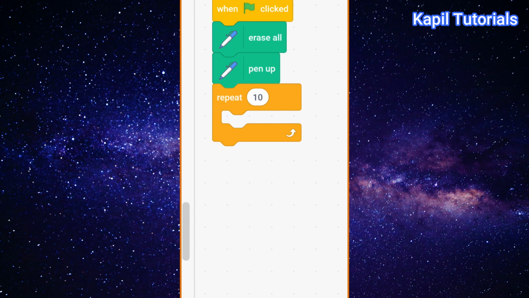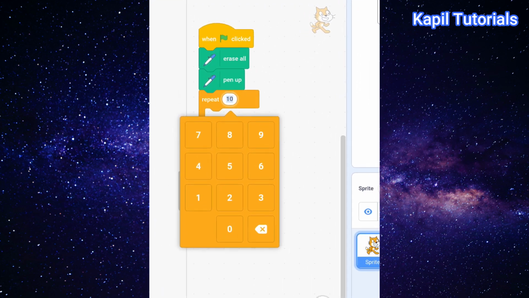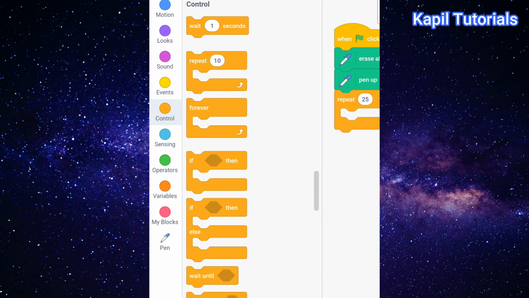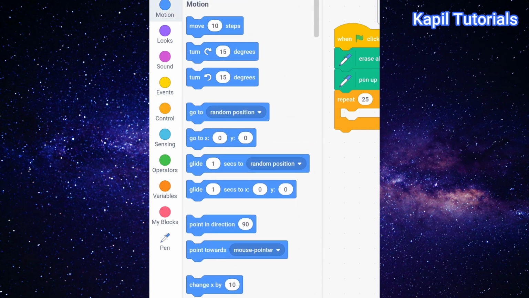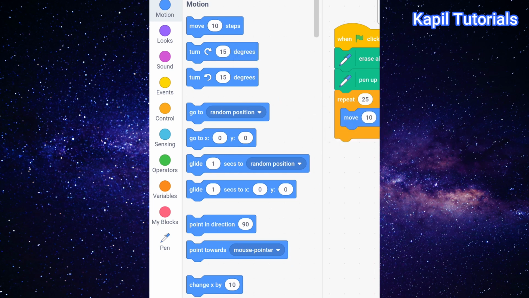So it's looking something like this, and then here I am just writing 25, repeat 25 times, and then I want to use the motion block on top, the move command and the turn command.